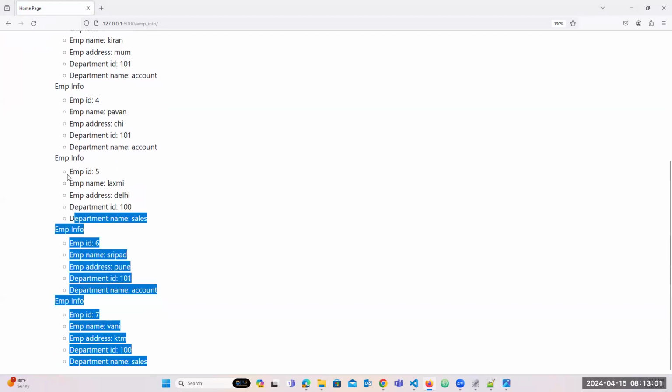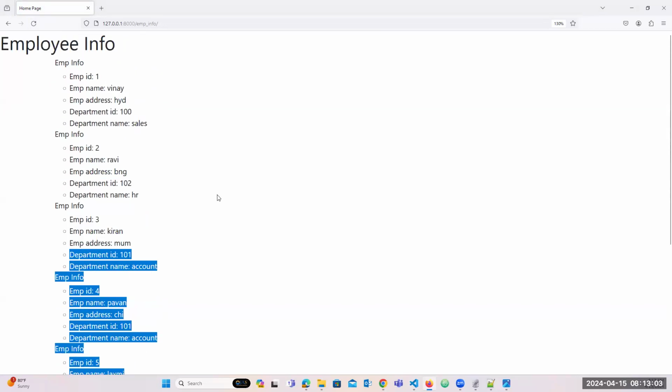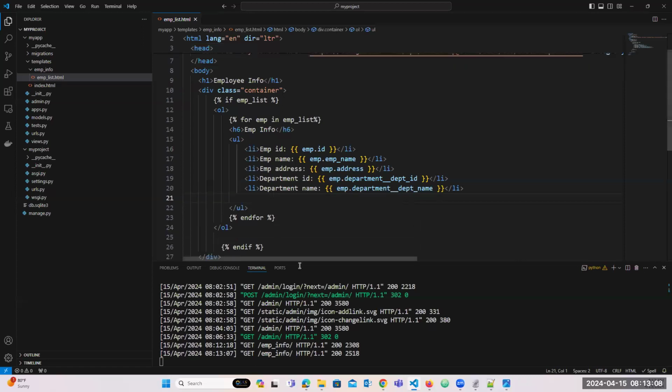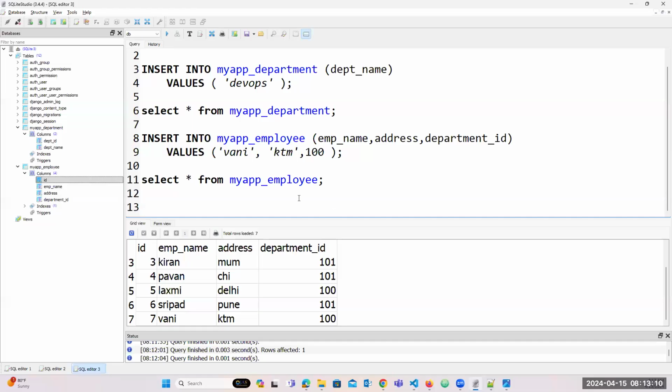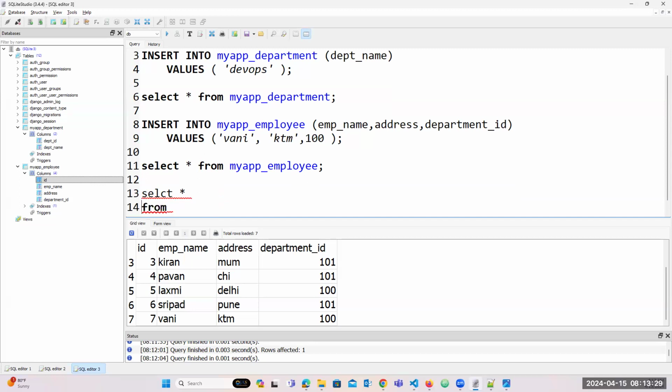This is the way we implemented the foreign key. But when you are developing, how do you write the same query? How do you select all from the tables? I'm using select star from the EMP table and